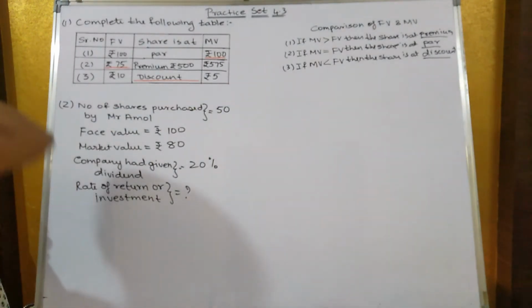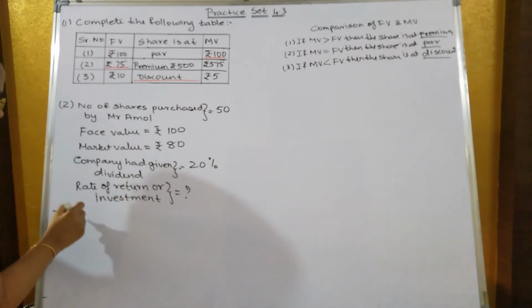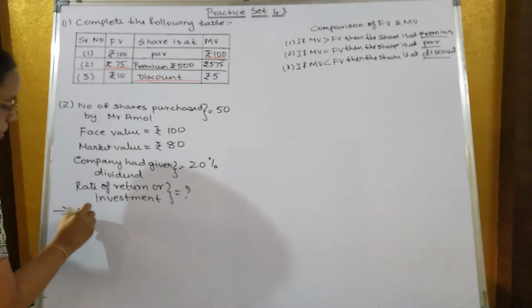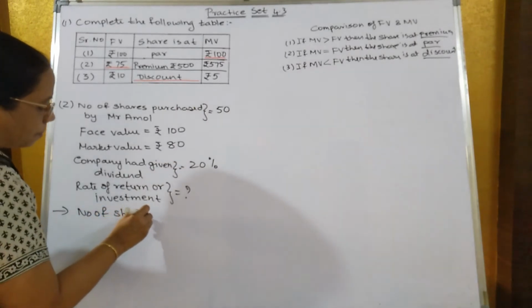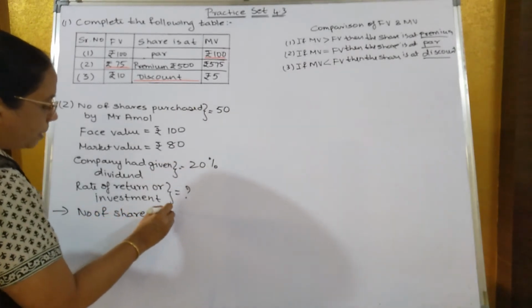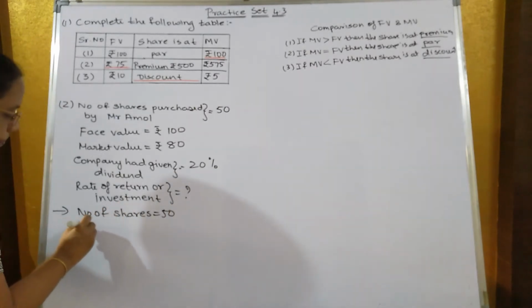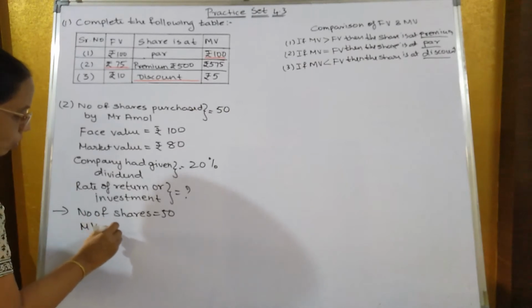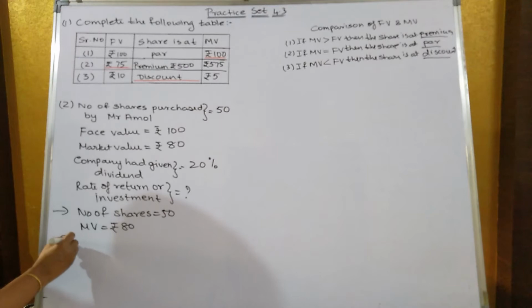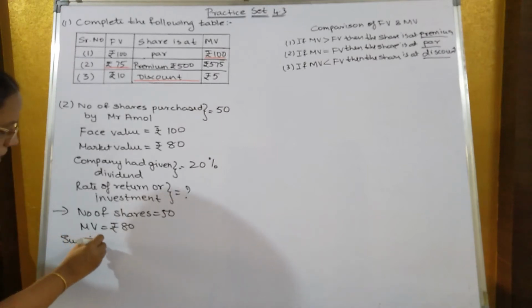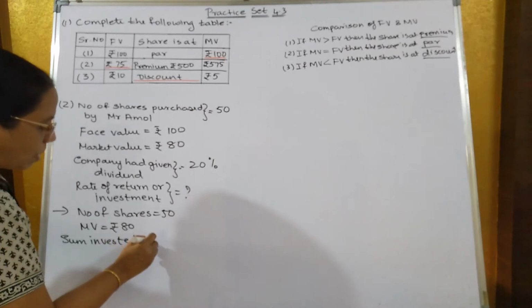So here the number of shares purchased is equal to how much? So number of shares is equal to 50. Market value is equal to ₹80. So sum invested is how much? Sum invested is equal to number of shares